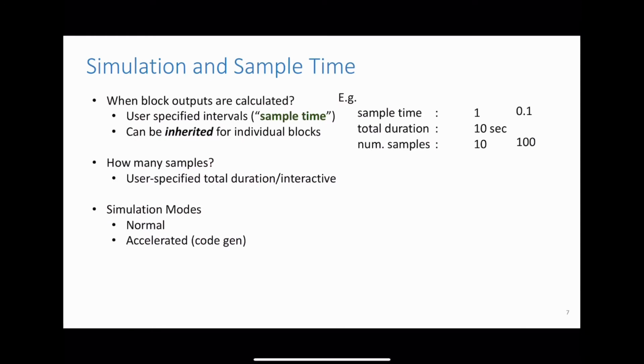Now, one key difference between cyber physical systems and procedural code is the notion of explicit simulation time, which we don't see in procedural code. For example, you can explicitly define when a block's output will be sampled using the sample time property, which can be defined for each block, or we can ask the toolchain to infer it.